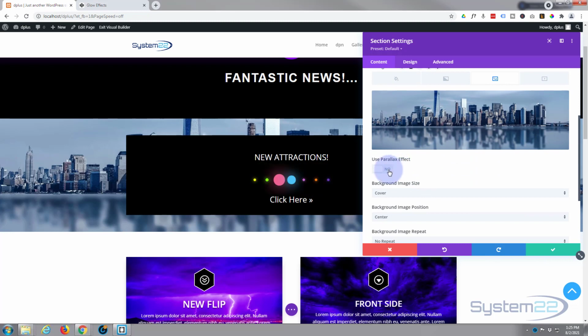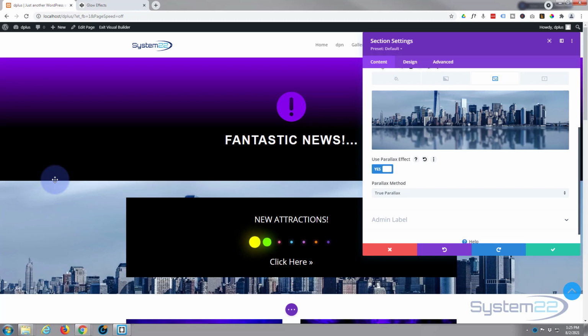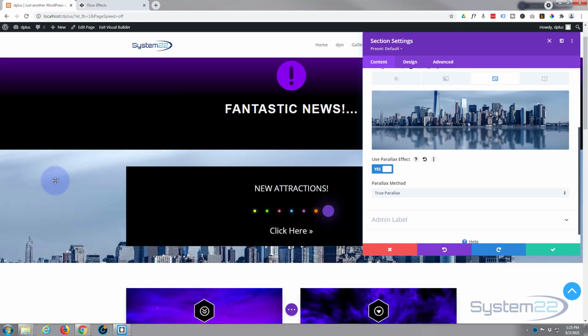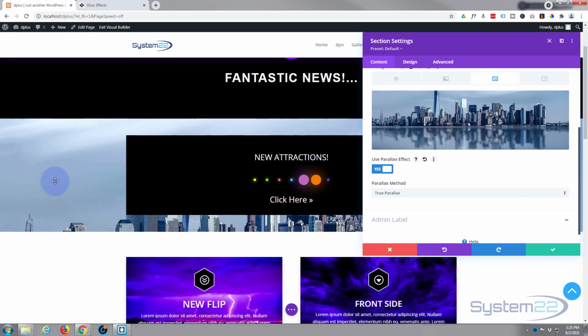I'm going to use a parallax effect on it by switching that on, and I'm going to leave mine on true parallax. That way when we move, it's got a bit of movement to it that's different from the speed of the scrolling at the front there. That's usually very eye-catching. Now also I want to make our row full width